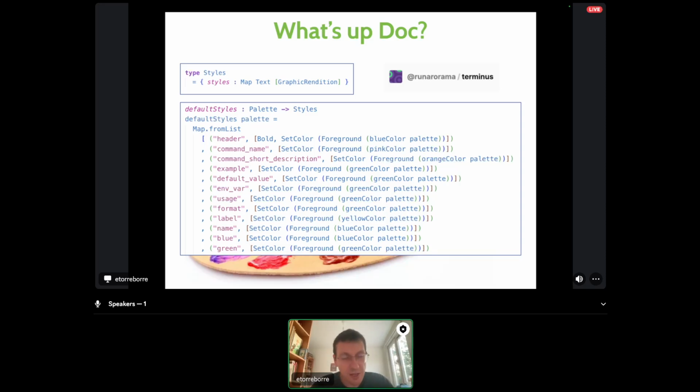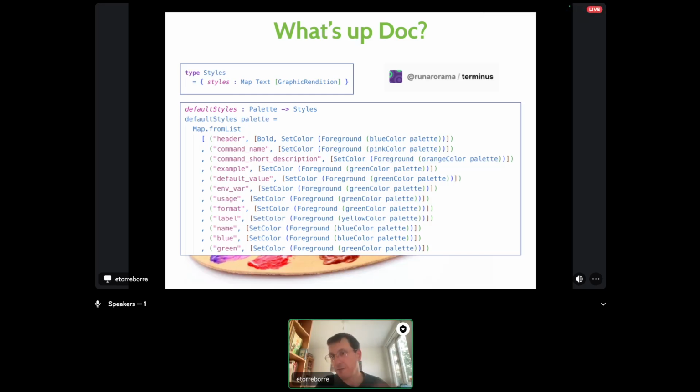So that's how abilities are used inside the library. I'm also using another very cool library in the Unison ecosystem, which is the Terminus library by Renard. It's a library for interacting with the terminal. And basically, as you've seen possibly in some of the declarations, all the help can use Unison docs. And I've written a translation between Unison docs and the print line facilities that you can find in the